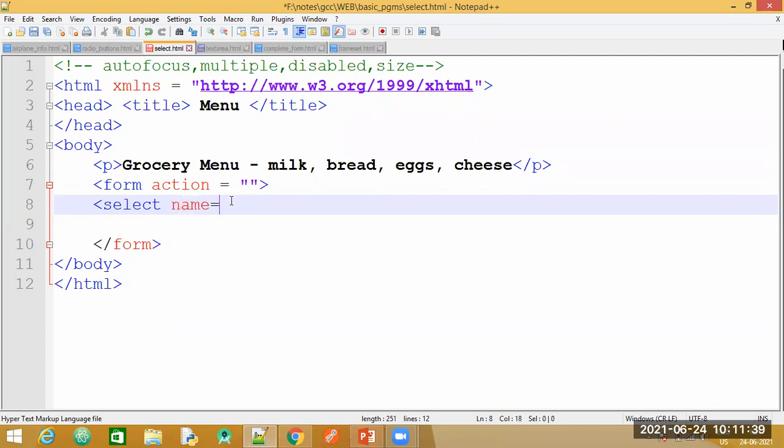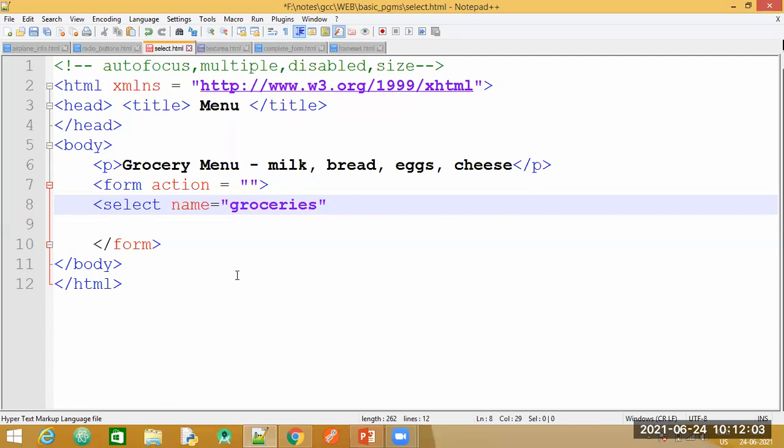So you need to mention this name attribute compulsorily. Okay. So we have select name is equal to, you can give a name for your drop down list. So I am going to mention these elements. These are nothing but grocery elements, so I'll give the name as groceries. Whatever is relevant to your drop down list, that name you can give.